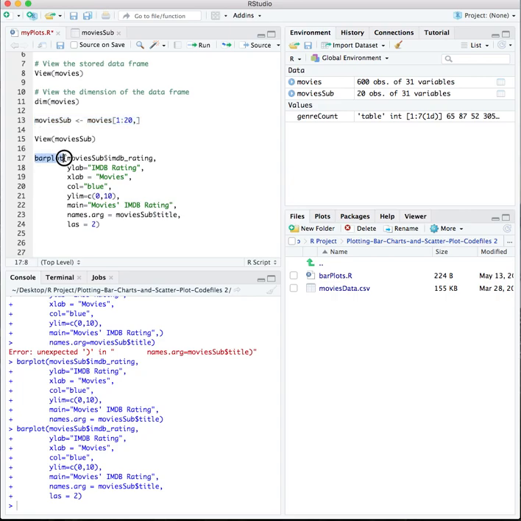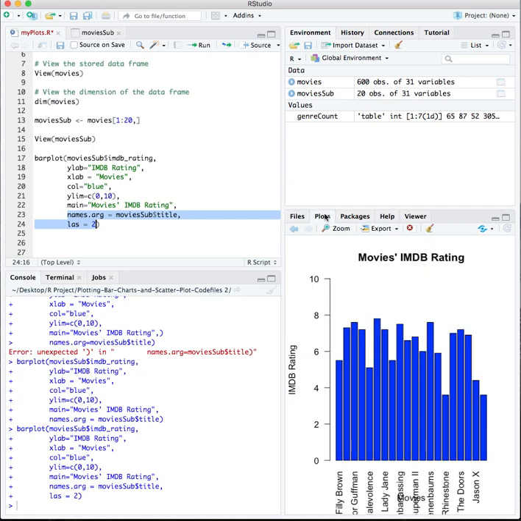Then the barplot function has these arguments: y label as IMDb rating, x label as movies, color as blue, limited to 0 to 10, and the main title as movies IMDb rating. We add one more, names.arg equal to movies title, to show the movie names, and las equal to 2 to make the labels perpendicular to the axis.